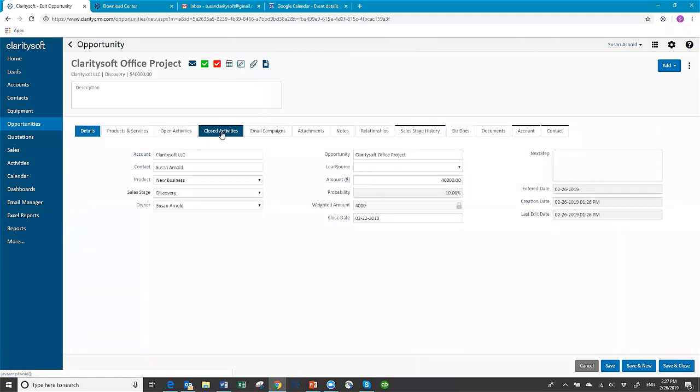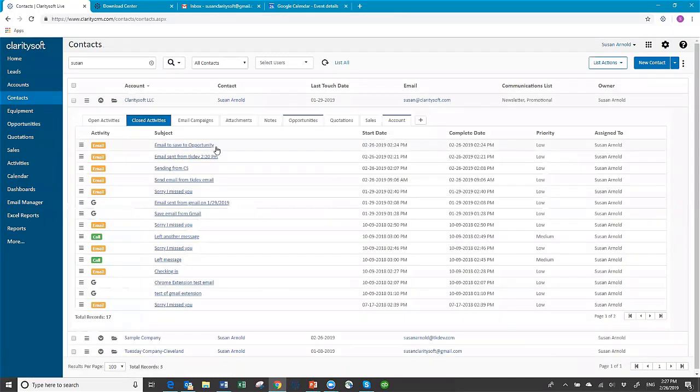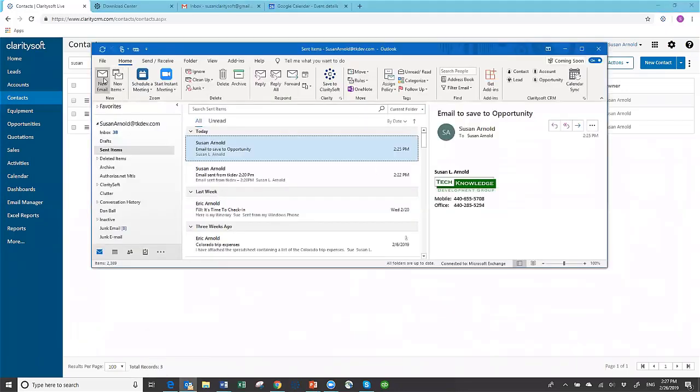Now this activity of the email will also show up under the account level closed activities. So see, email saved opportunity. So everything bubbles up to the account level, but not everything goes downward to the opportunities unless you save it there. And then the same thing will occur too with your leads, that if you send an email to a lead,